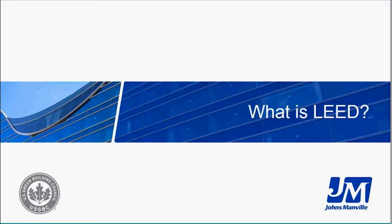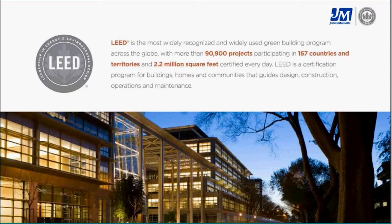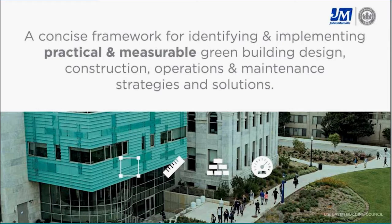So USGBC is best known for the tool we developed for the building industry, LEED. And I find that oftentimes individuals know LEED, but they don't know the organization that created LEED. So LEED, as you'll see here, is the most widely recognized and used green building program across the globe. LEED provides a concise framework for identifying and implementing practical and measurable green building design, construction, operations and maintenance strategies